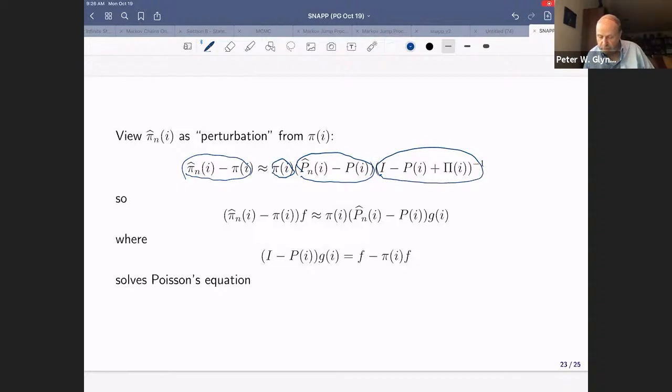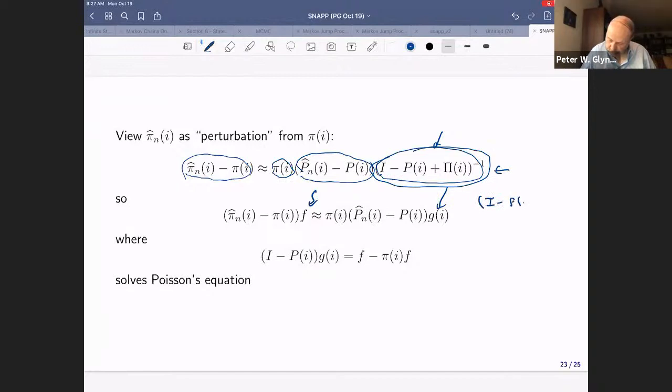So an inverse operator is what, in the world of finite state Markov chains, would be called the fundamental matrix or fundamental operator. And now, as I was saying, here's basically the measure valued version of Poisson's equation implicitly arising. And now what we're actually interested in is understanding the behavior of the estimate for a particular reward function that I'm now encoding as the function f. So now I'll hit both sides of this first equation, multiply by f on both sides. And then I have here the fundamental matrix or inverse operator to Poisson's equation hitting the function f. That's going to be my function valued solution to Poisson's equation